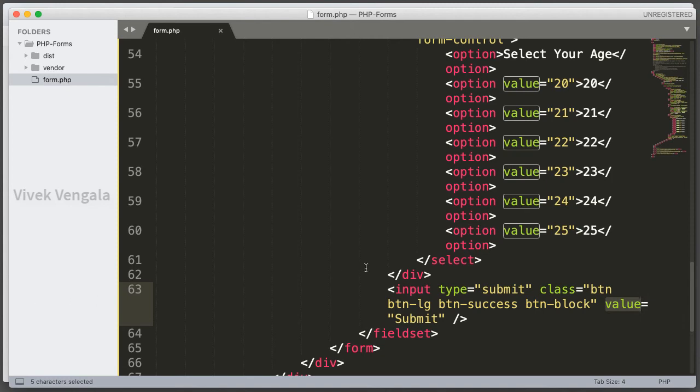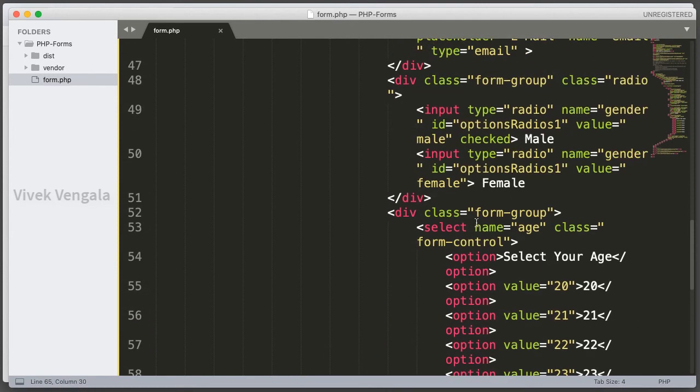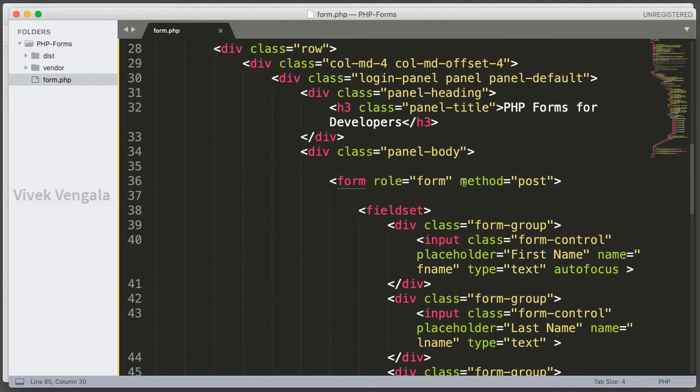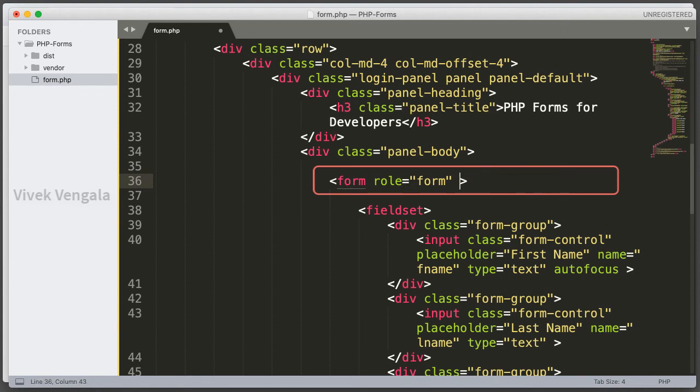That's it. And one more thing that you should remember is for the opening form tag you should always add a method. We'll submit the forms with a post method, and if you want to use a get method you don't have to specify it, you can leave it without the method attribute for a form tag. If you want to use a post method you should add method post. We'll see what these get and post methods are in the next video while adding form validations. Before going there, let's just submit this form.